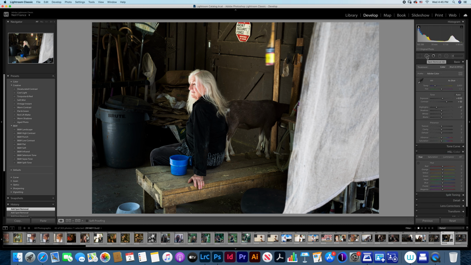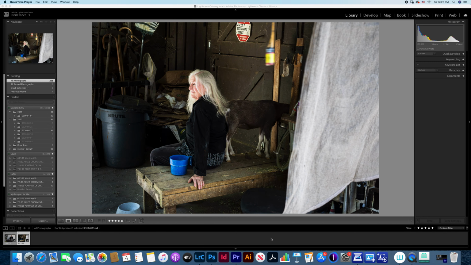All right? And so now, boom, we're good. We like how her shirt looks. I mean, she's a farmer, so it ain't gonna look pristine. But we like how it looks. And now we're cool with this image. I'm going to add just a little clarity to it, so that brings up her a little bit more.